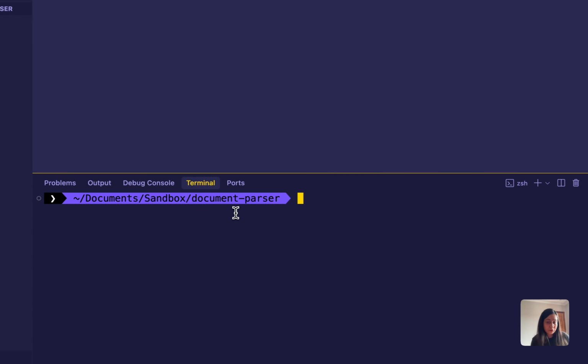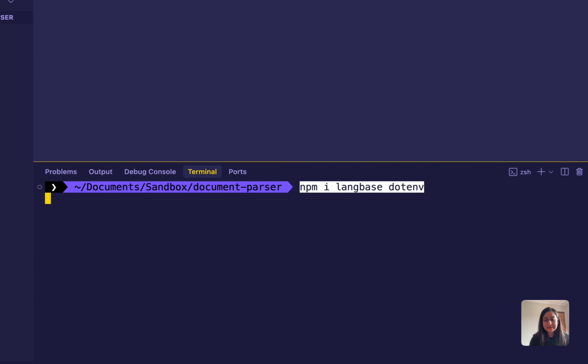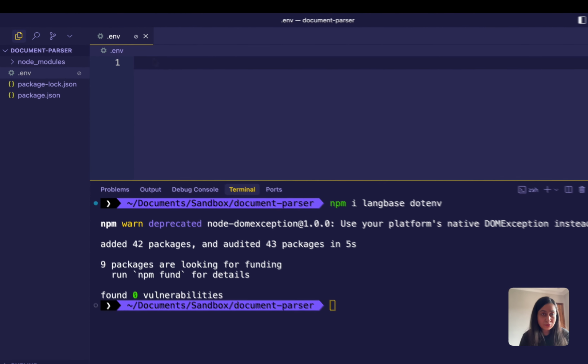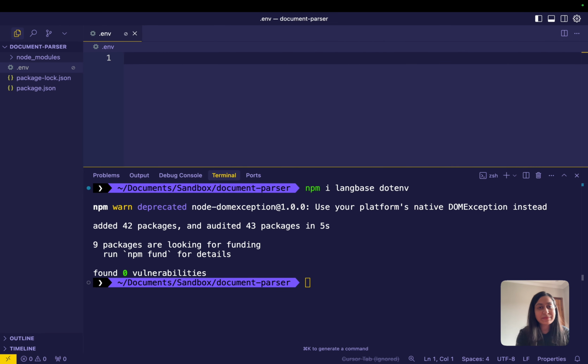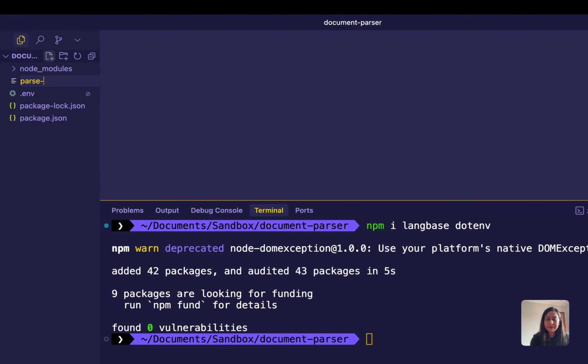So create a directory for your project and navigate to it, and then I'm going to create a Node.js project by running this command. Then I'm going to install the dependencies and dotenv to manage environment variables. Then I'm going to create a .env file in the root of my project and add my Langbase API key in it. Now let's create another file by the name